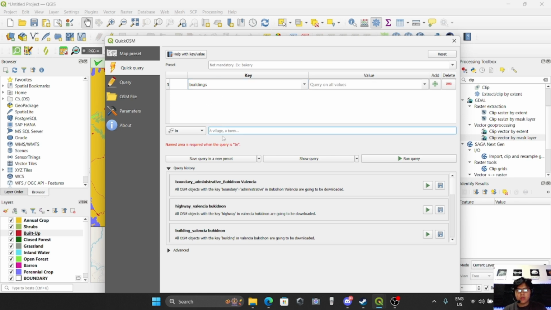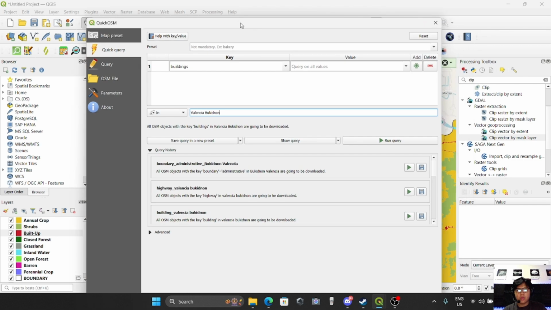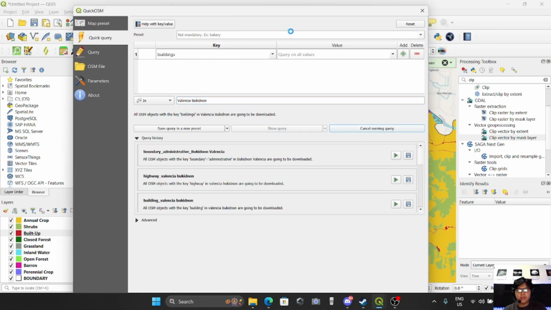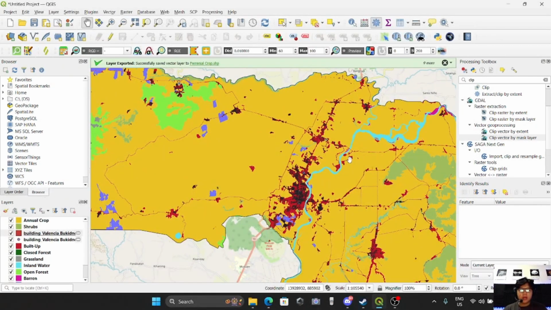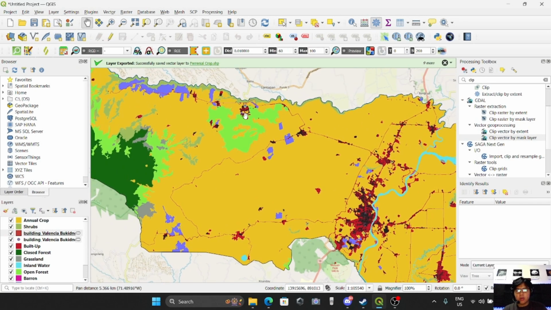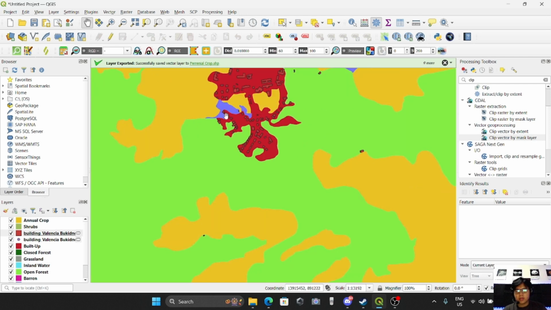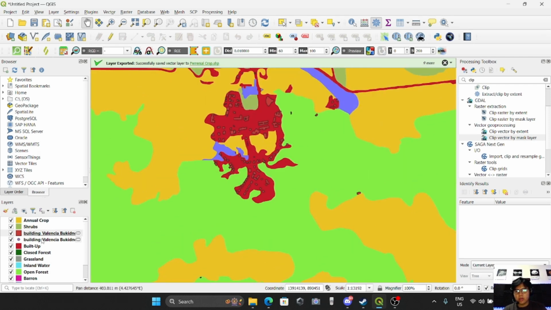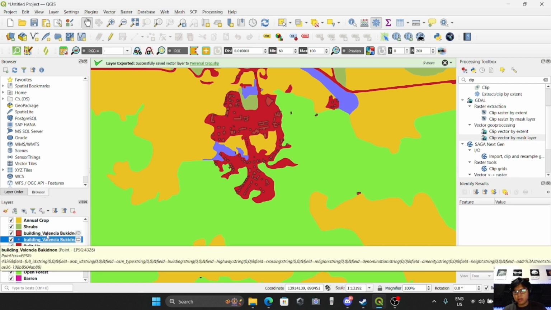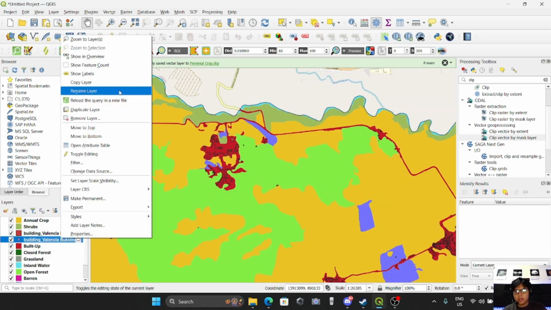And then you need to specify the area of interest. In my case, it is Valencia, Bukidnon. So I will run this and wait for it. As you can see here, the QuickOSM app has successfully made a new layer which is called building Valencia Bukidnon and a dot file. So I will just delete the dot file,